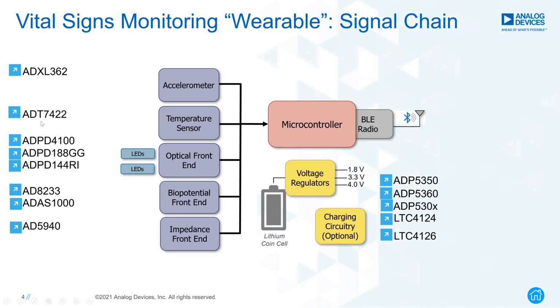Similarly, I just covered the ADT7422, which is a temperature sensor. On the optical front end block, we have a module approach, for example this ADPD188 you see here. This is an optical module specifically designed for vital signs monitoring applications. This involves a photodiode, analog front end, and multiple LEDs for different wavelengths, all put together in a small package